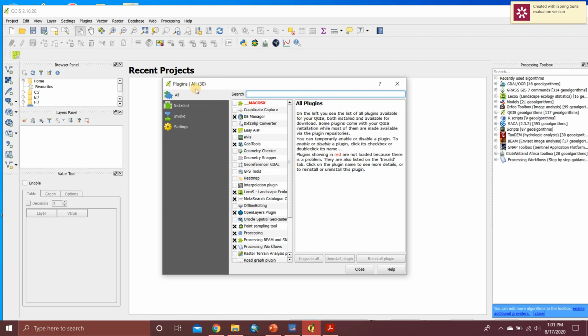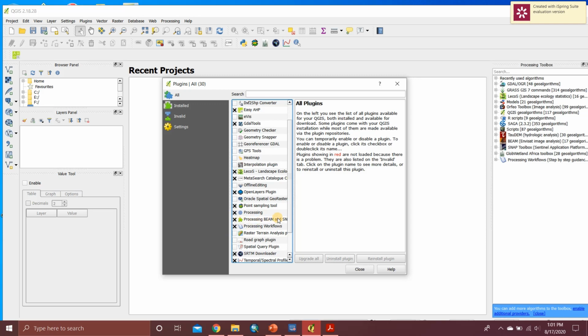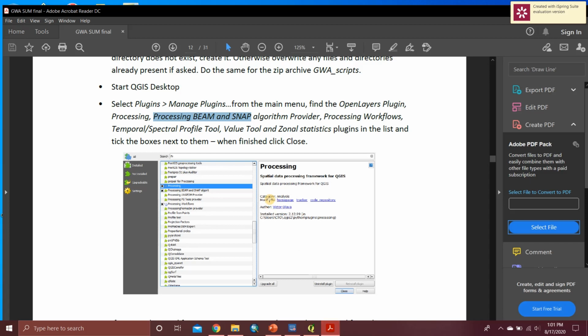If the plugins window opens, confirm that your OpenLayers plugin is checked, point sampling tool is checked, processing is checked, processing BEAM and SNAP is checked. Ensure that your zonal statistics plugin is checked and the value tool is also checked. So from the menu, you can quickly see that your processing